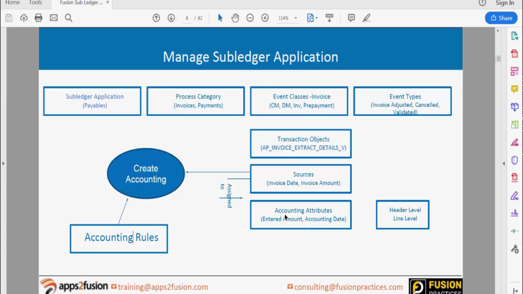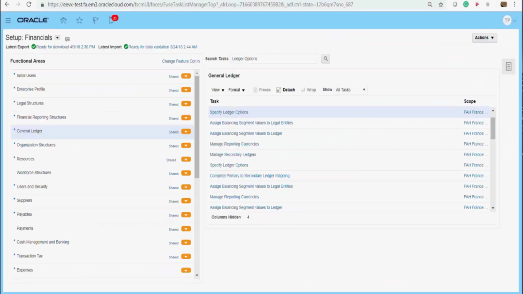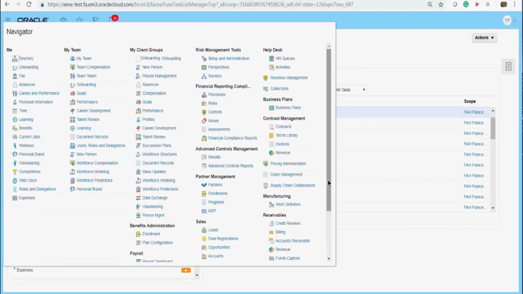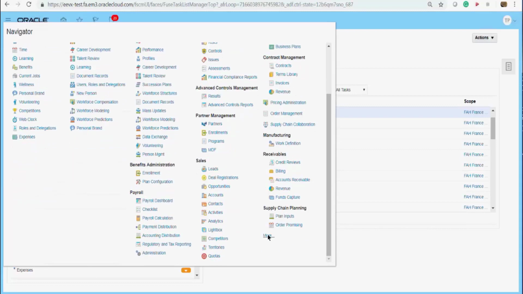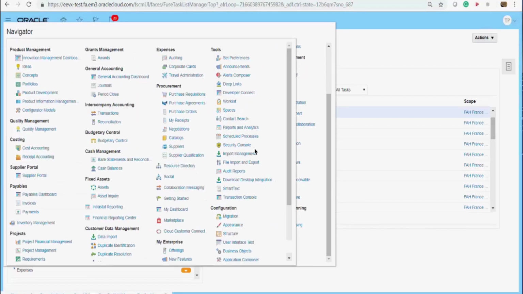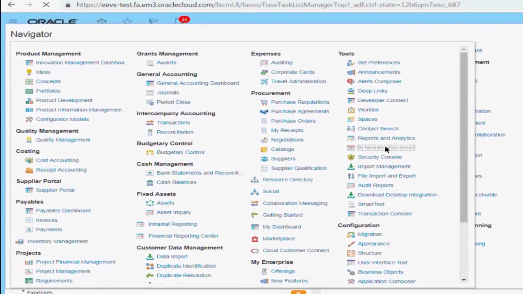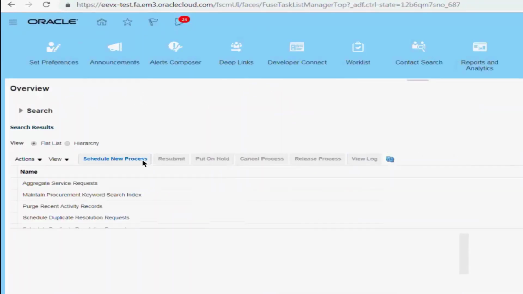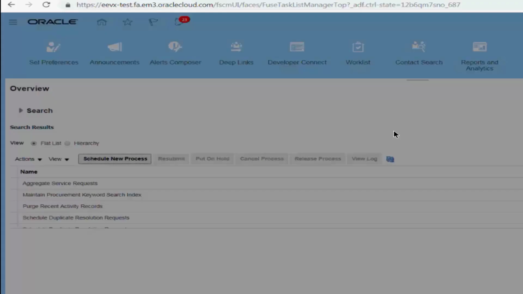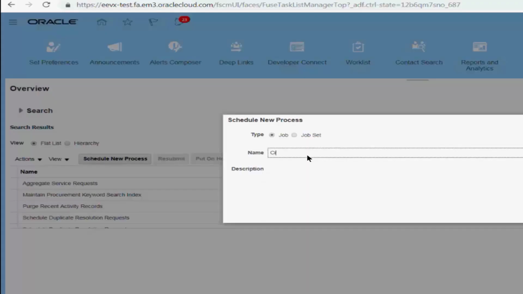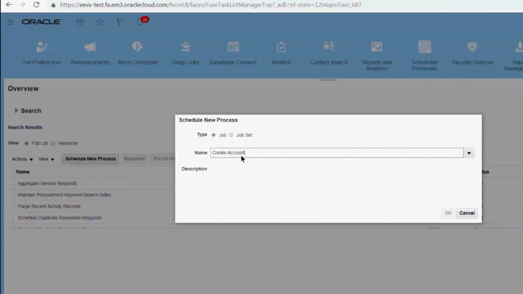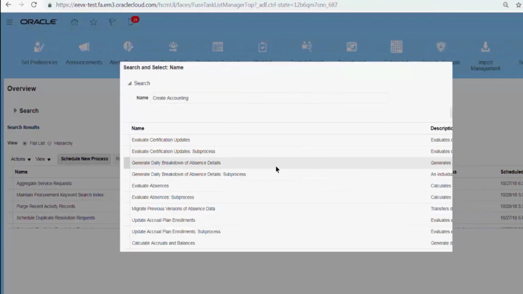Could you rephrase, on this screen, please? Okay, so let me go to the application and show you. Let me open the Create Accounting program again, because this is the program which is going to run the engine in the backend and generate accounting entries for me. So once I say Create Accounting,